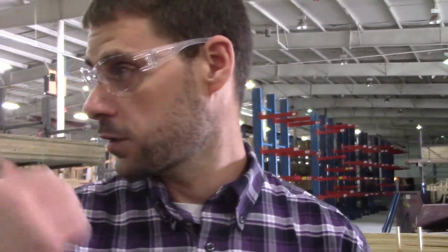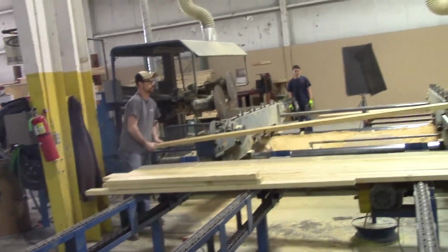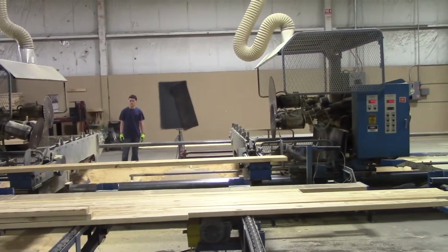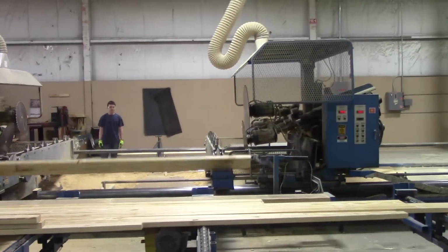Looks like they don't have a huge run right now set up, but all of our truss components are cut off this saw. He just indexed what the next board is going to be, so the next step is